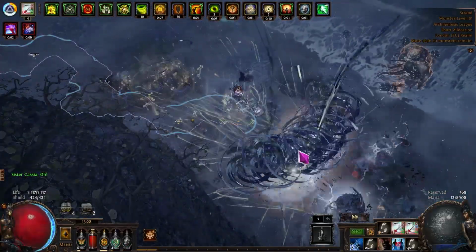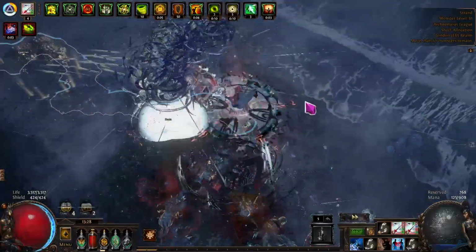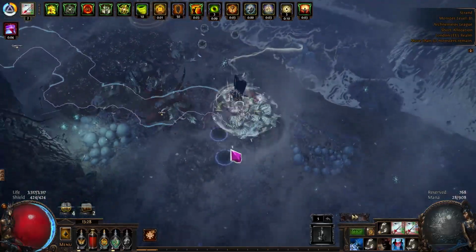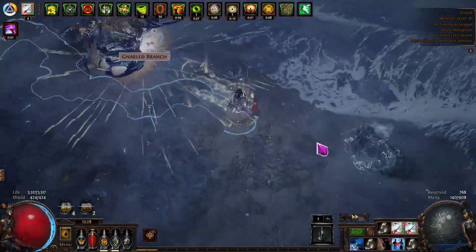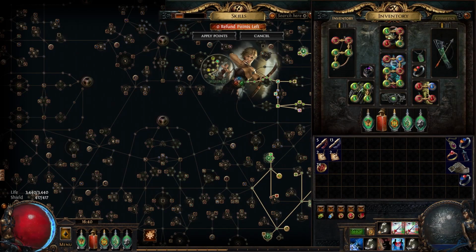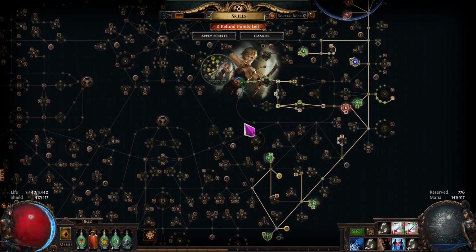So I think if you're a player that's going to play 10 hours or whatever a day at League Start, it'd be no problem League starting this sort of build. If, however, you don't have that much time, I think you'd have a really, really bad time League starting as Ellie Bows. So what I'll do is just run through the final tree and final gear for where I am